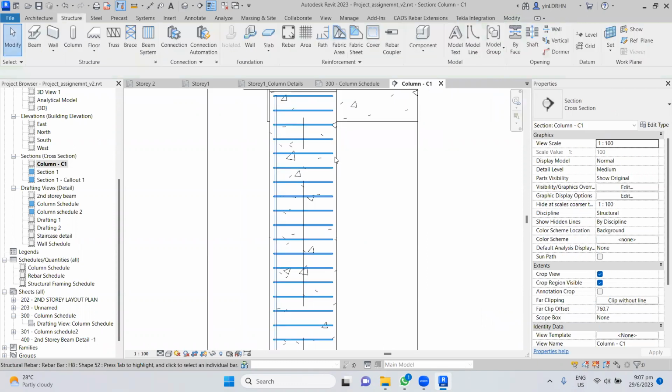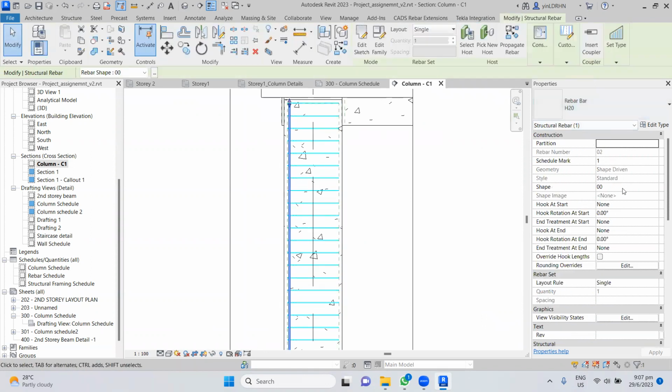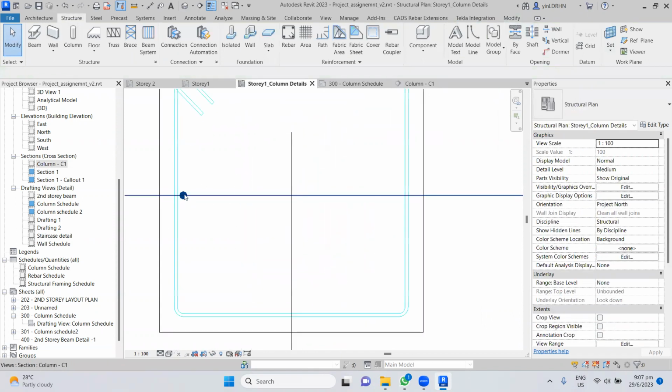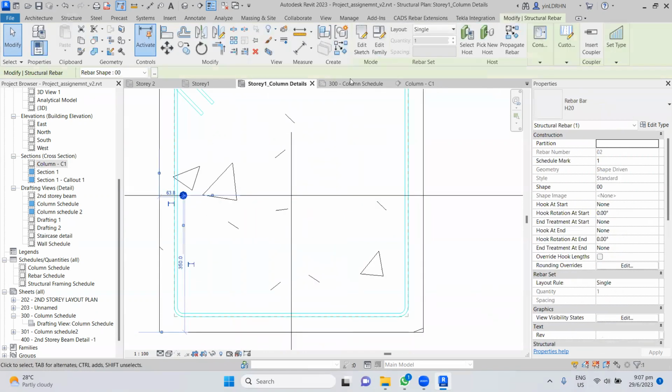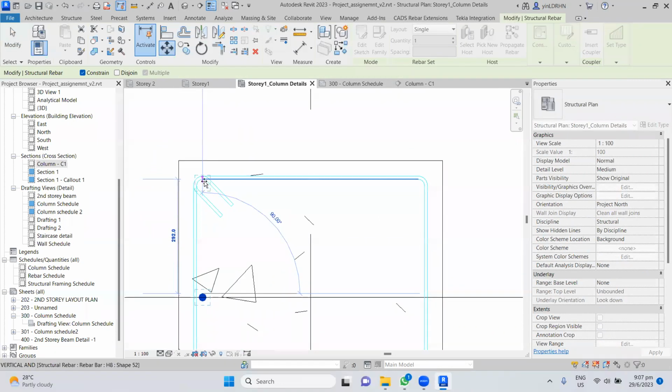Okay. So now first we check the diameter, H20 diameter, right? In the end, if you want the hook, then we can provide the hook. But currently, we don't need the hook, right? So I go to the plan, right? You see the rebar is here. So we do the setup first. This one we move to here,